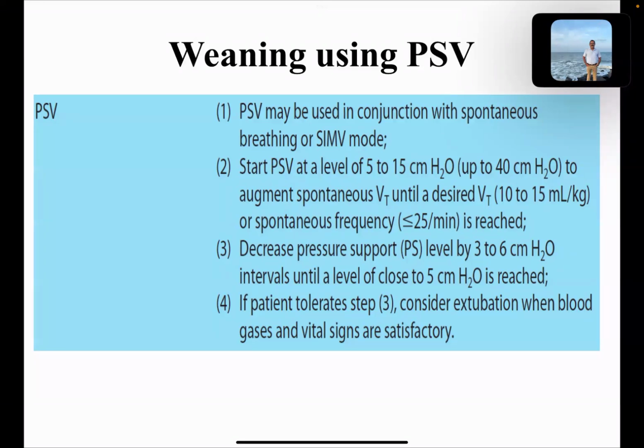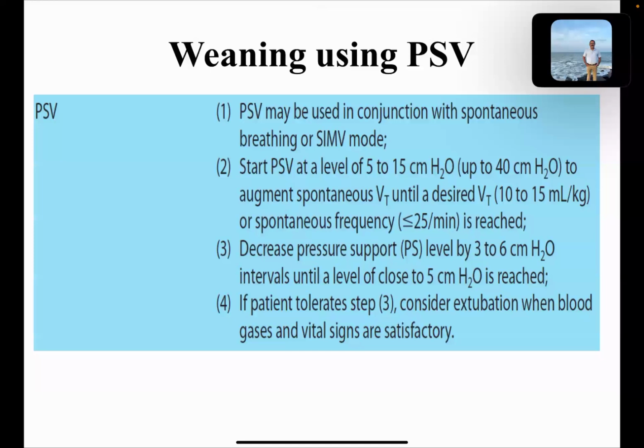So to prevent the collapse of the alveoli during expiration, you need a little bit of pressure during expiration. That is called PEEP. It's a very important criterion, PEEP, or positive end expiratory pressure. Positive end expiratory pressure is just a minimum amount of pressure present during expiration to prevent the collapse of the alveoli. So PSV, or continuous positive airway pressure, is given to prevent the collapse of the alveoli and maintain the oxygenation. Usually they start the PSV level at 5 to 15 centimeter of water